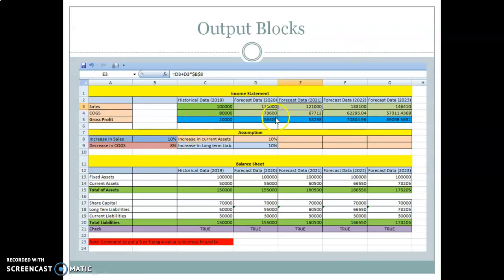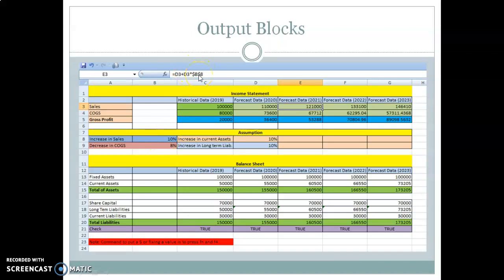So over here we have put it, and then over here we are putting 10%. Now this 10% we are considering will continue for 2021, 2022, 2023. So here we need to put when the rate of increase in sales is the same for each and every year. So again and again we need not change it, right? So over here B8 we need to fix it, right? So this 10% for each and every year we need to fix it, and for that we have to put